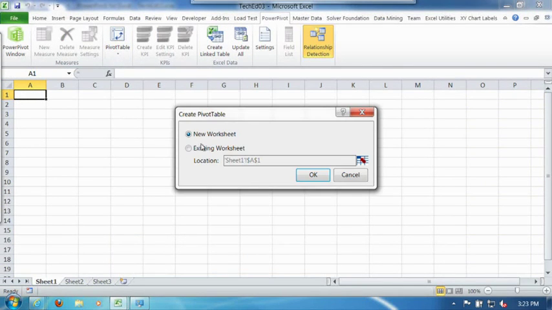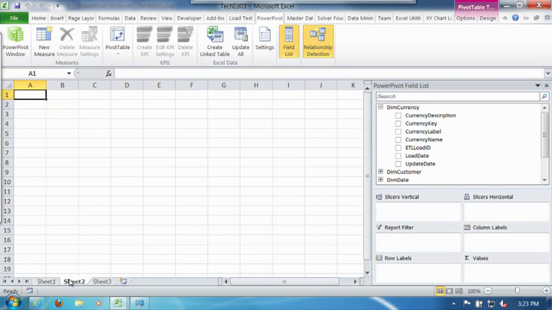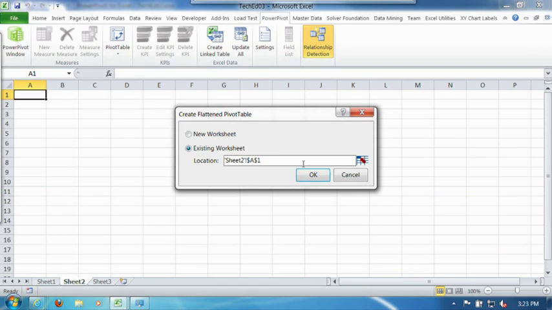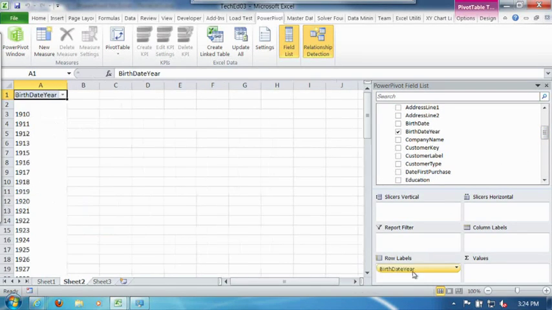PowerPivot, pivot table window, existing worksheet. Okay, whoops, I did it wrong. I'm going to do this again. Sorry. Flattened pivot table, existing worksheet. Okay, good. And as my input data, first thing is I'm going to put birth date year, which is what I had. That's a calculated field that came off of the DAX. And gender,